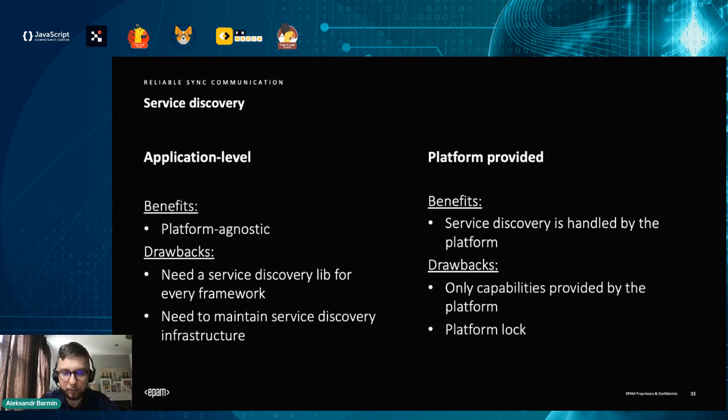So I have a couple of questions, and let me answer at least one of them. There is a question: what is the best way for microservices to communicate with each other? And as usual, there is no good answer, because the question is asking whether it's HTTP, gRPC, or maybe RSocket,